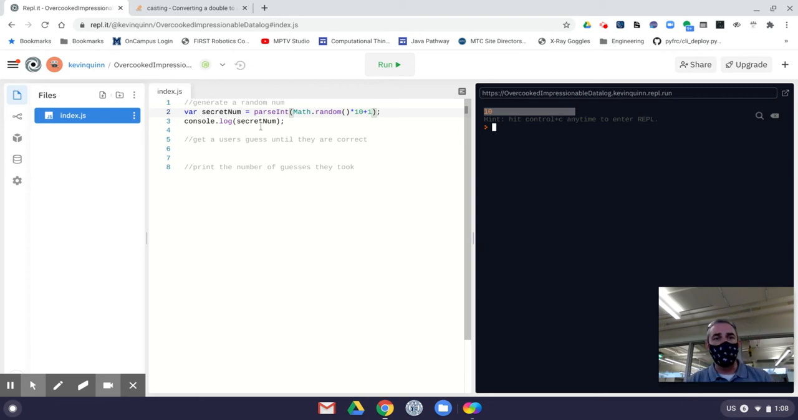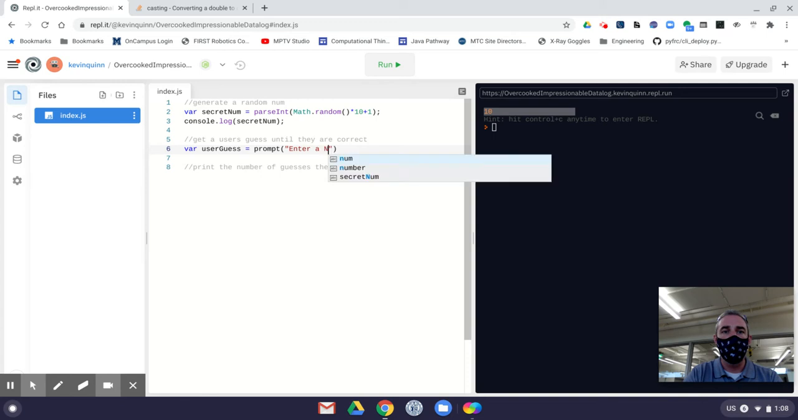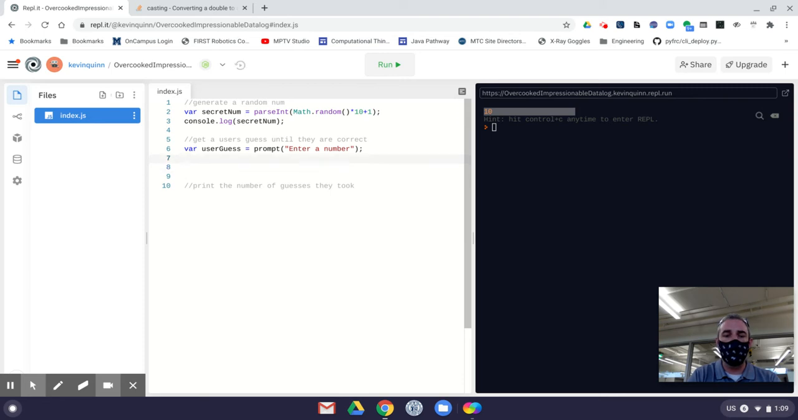So I got my secret number. I'm able to log it. Now I need to get a user's guess. So I need another variable, user guess equals, and we need to get it from the screen. So that's a prompt. Enter a number. And then let's just do a quick comparison to say if the user guess equals, 2 equal signs to compare, the secret num,